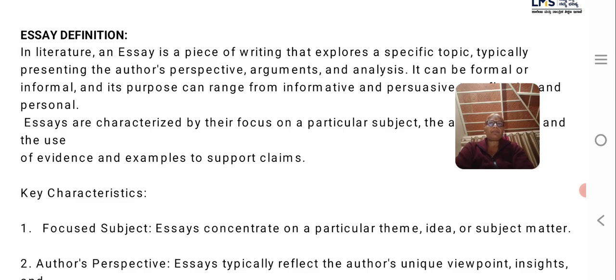In literature, an essay is a piece of writing that explores a specific topic. It presents the author's perspectives, arguments, and analysis. Essays can be formal or informal, and the purpose of essays can range from informative and persuasive to reflective and personal. Essays are characterized by their focus on particular subject, the author's voice, and the use of evidence and examples to